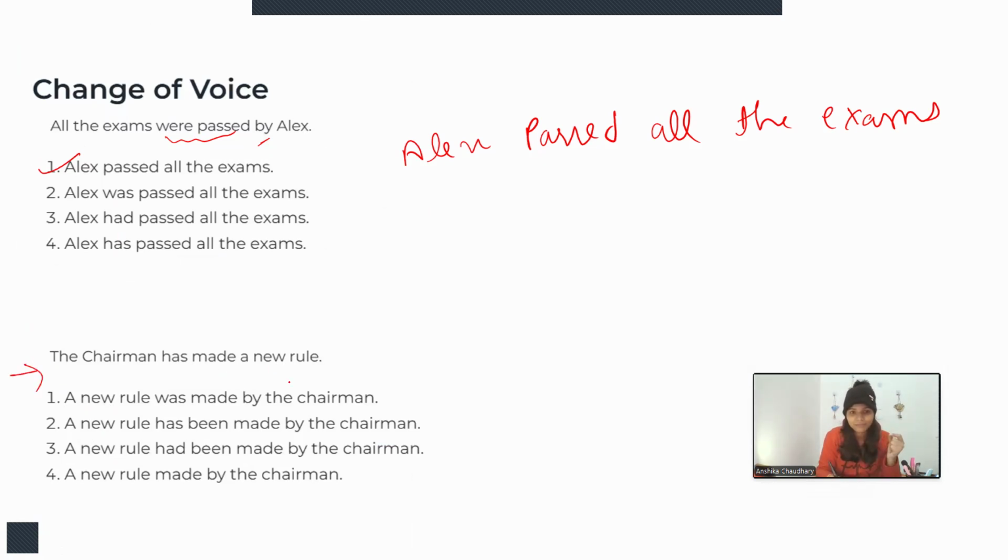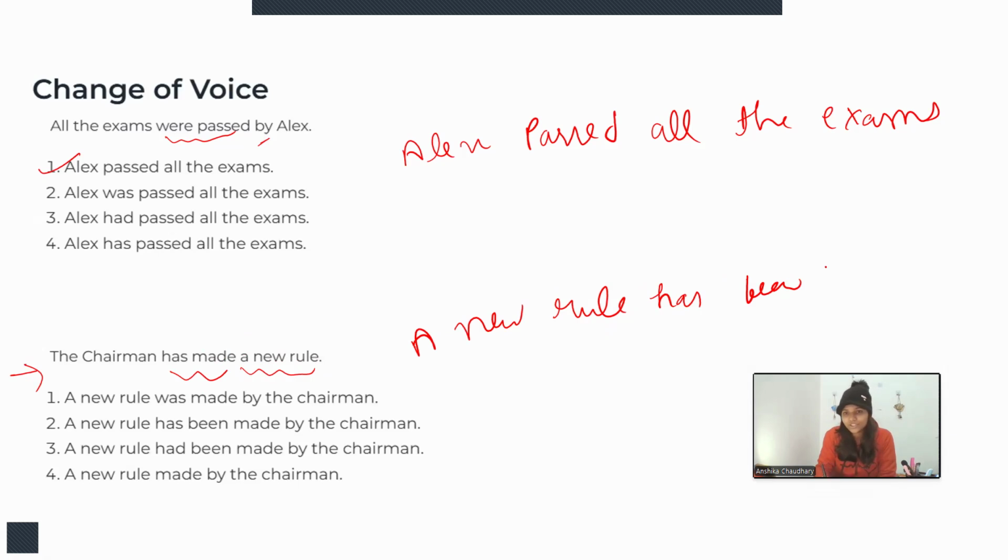The chairman has made a new rule. So this time this is given in the active, because here there is no use of "was". So we need to convert it into passive form, right? So here this object will become subject. That means a new rule. Now, has made will be converted using been, right? Has have, because it is in present perfect. So here been will be added in has. So has been